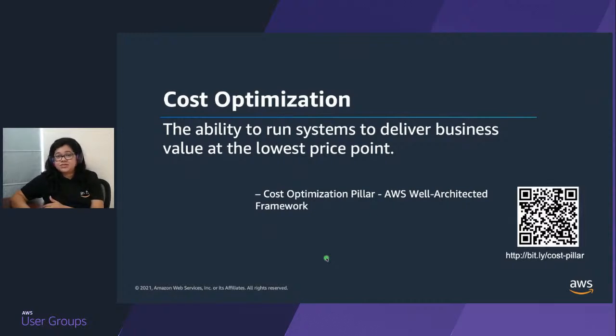Cost optimization is not just looking at your AWS bill and saying, you're spending so much, let's reduce half of your workload, stop all the EC2 instances and you'll not spend money. I mean, the ideal would be not using anything so as to not pay for anything, right? But that's not what we want. What we want is that whatever money we are spending on the AWS platform is giving us a